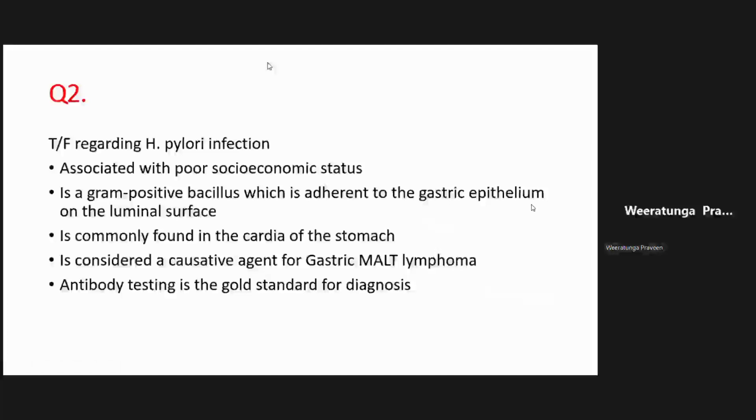So yes, Helicobacter pylori can increase gastric acid secretion because it